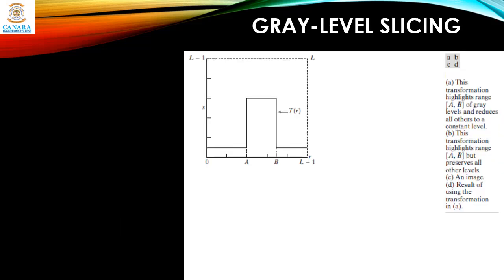Let's understand the two approaches that we discussed. In the first approach, as you can see in this graph, we are highlighting the range between A and B. This range is highlighted to a higher level, and all other levels are suppressed. For example, if you consider a 256 level image, this is the input, which is represented by r, and the output, which is represented by s. So for an input pixel value, if this is 130 and this is 180,